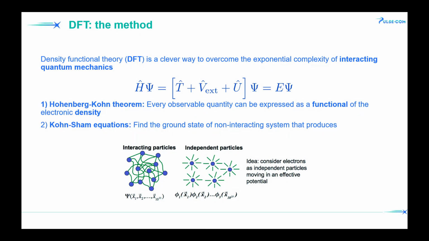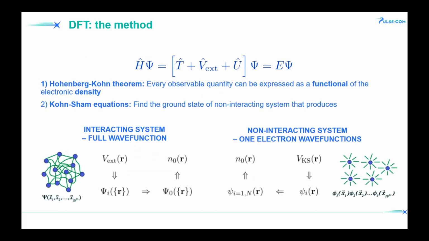And another clever way is to find the ground state of a non-interacting system. For the wave function of the interacting electrons, each electron interacts with the other 10 to the 23rd power electrons. It's completely impossible to solve. But Kohn and Sham proved that you can instead solve a much simpler